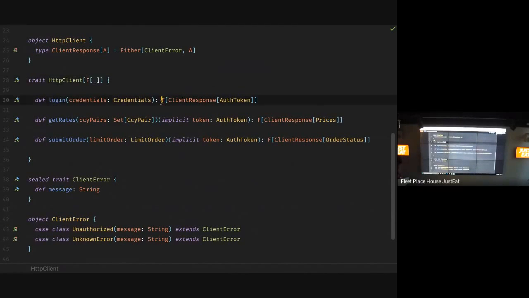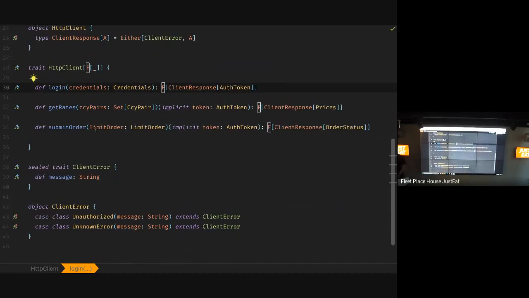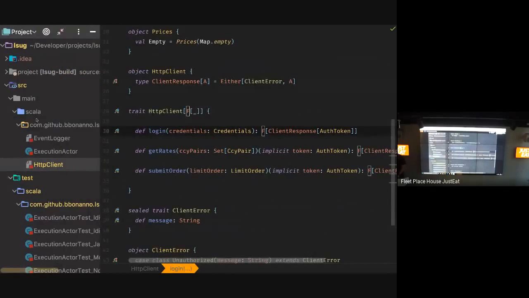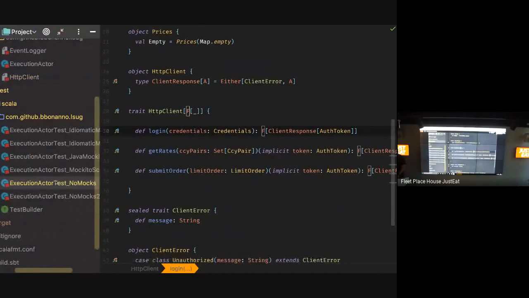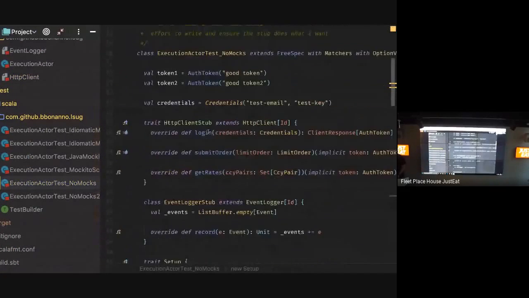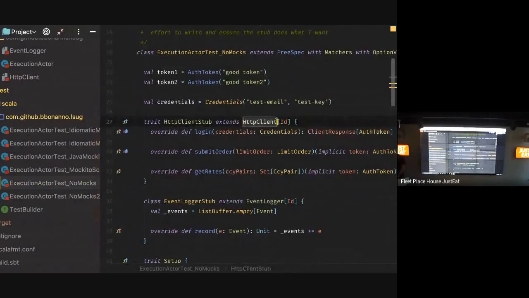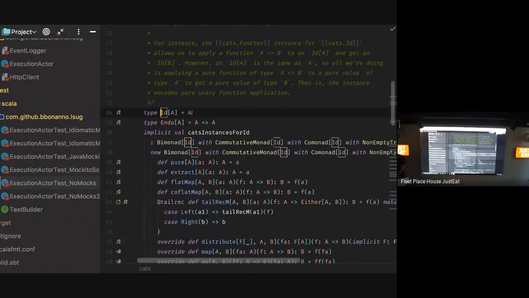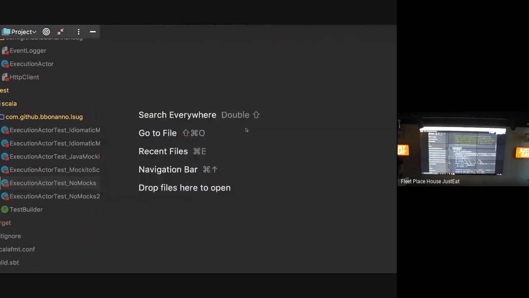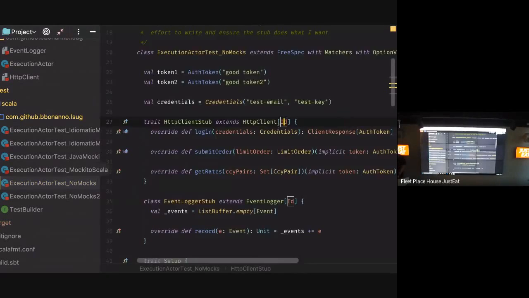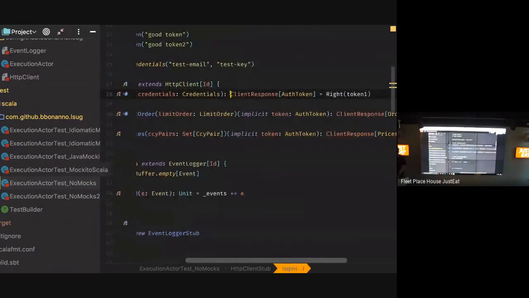So instead of saying I'm going to return a future of something, I'm saying I'm going to return an F of something, and then F can be anything, which is good because then I can go into the test and, coming back to the no mock one, I can just say that my HTTP client stub extends HTTP of ID, and ID is a magic alias, so ID of A is A, and this is weird, but it actually works. So basically, what happens is that the future gets completely removed from the signature,